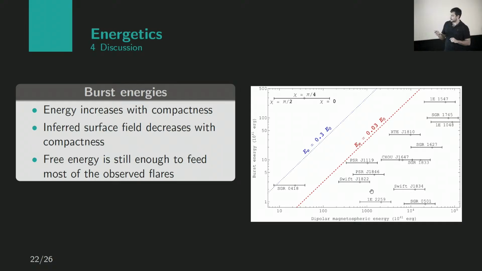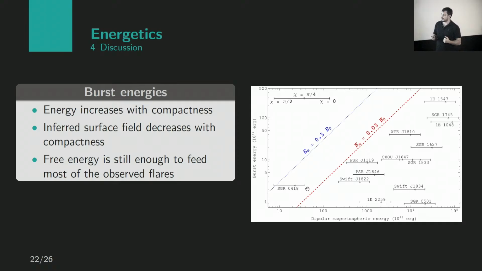Even so, if we take some of the observed X-ray bursts from magnetars and compare them with the excess energy that we have from our models, which at maximum was 3% for 3D models with just one twisted loop in their magnetosphere, this excess energy is enough, if it reaches a point of instability and then the energy is released as X-ray emission, the stored energy in this case is enough to explain almost all of the observed outbursts.